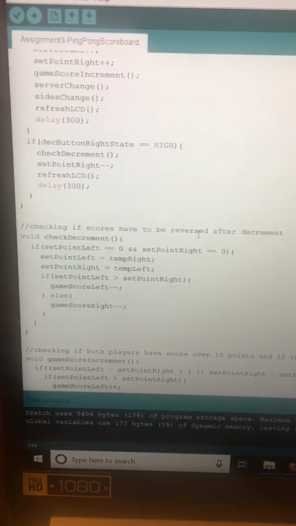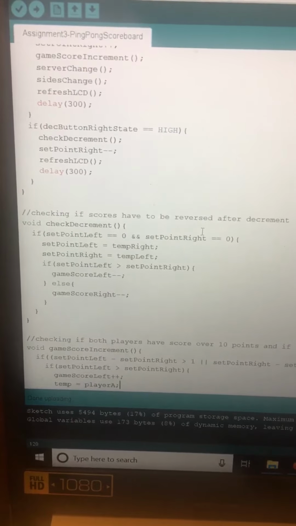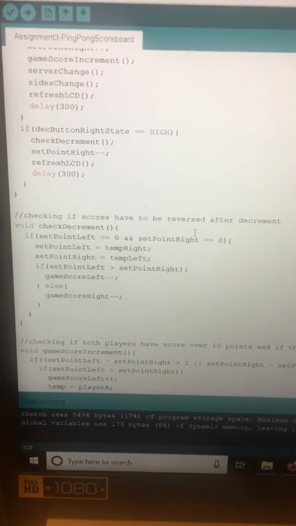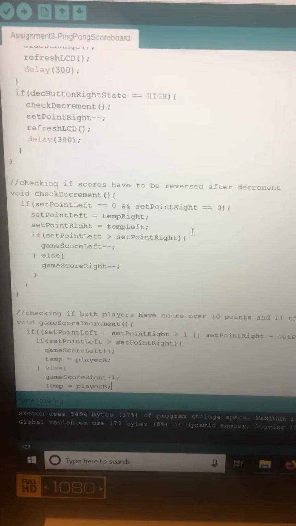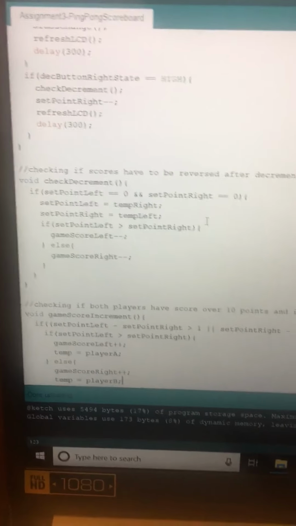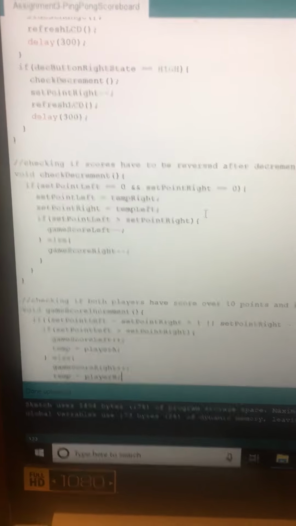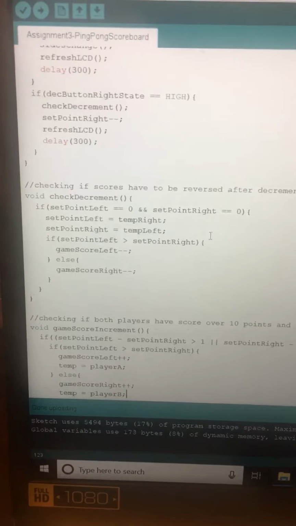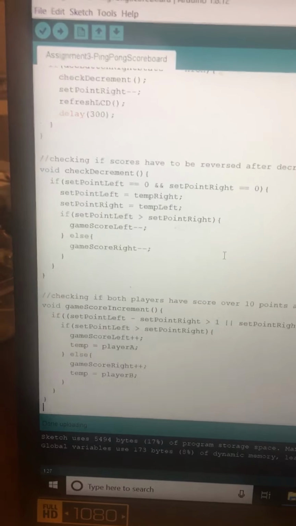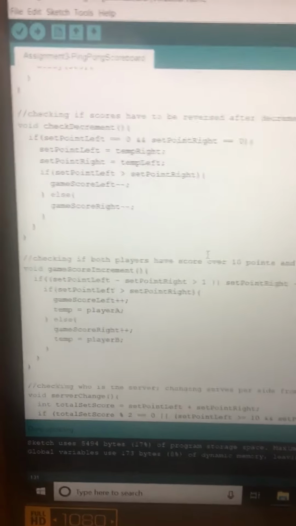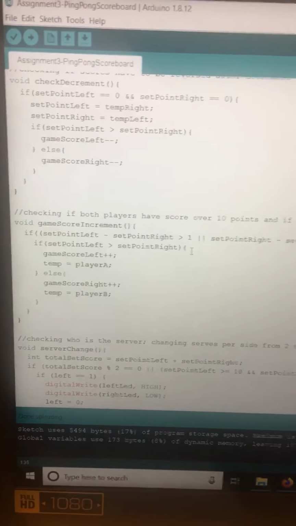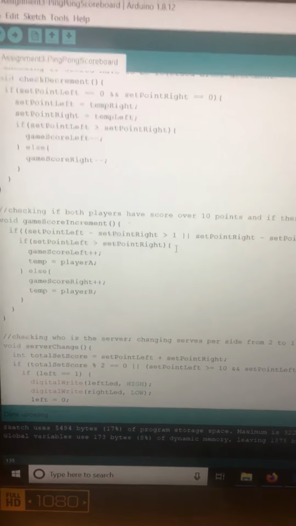So first, this method is for checking if the scores have to be reversed after a decrement. If it turns out that a person won one of the sets, then the set points are reset to zeros, and then they go back. So this game score has to be decremented depending on which side we're trying to decrement. Then another one is the game score increment, where we're checking